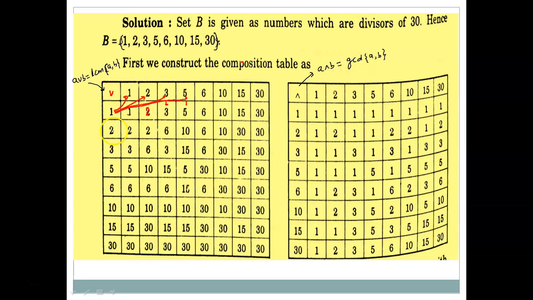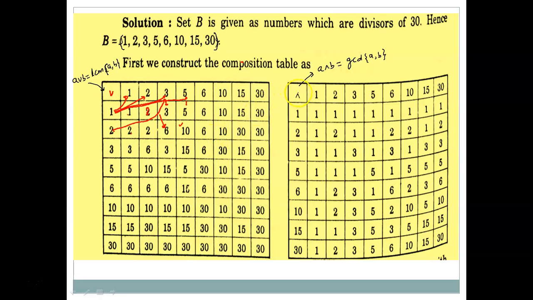In this row I should write the LCM of 2 with 1 is 2, LCM of 2 with 2 is 2 again, LCM of 2 and 3, look at this, will be 6, that is why here is 6 in this cell. Now we write LCM of 2 and 5, it will be 10, so that is why here is 10 in this cell, etc. So this row can be constructed in this manner by taking the LCM of this number 2 with all the elements here. You will write the corresponding element in the second row. Similarly, all these rows will be constructed, and finally we get this table.